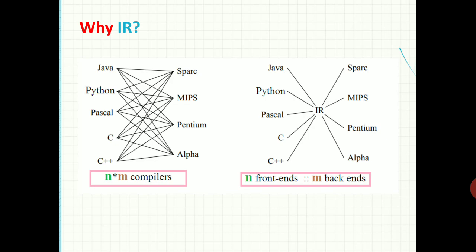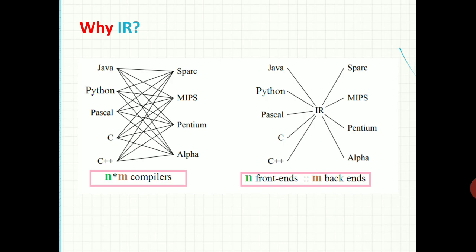So there is no need for 4 different compilers. We need only n front ends, one for each programming language, and m back ends, one for each architecture.